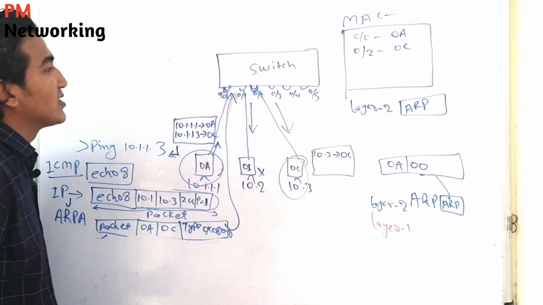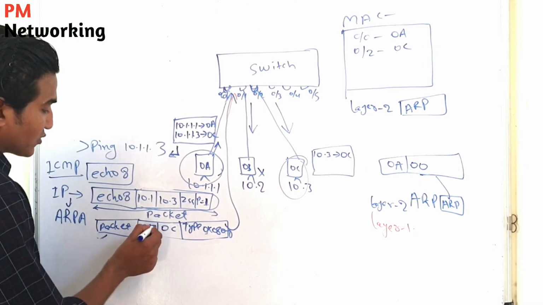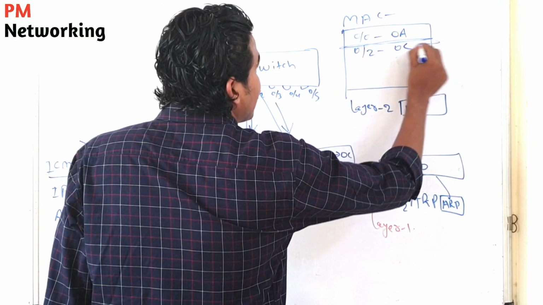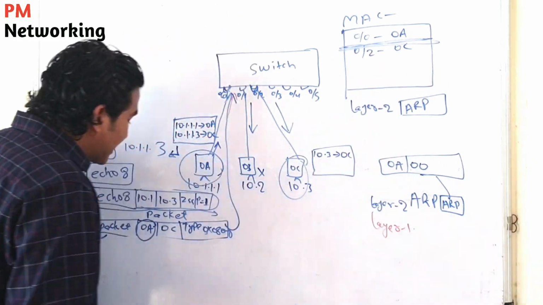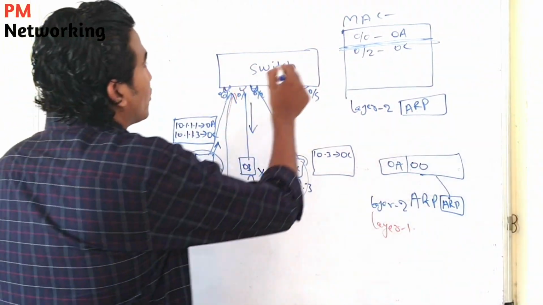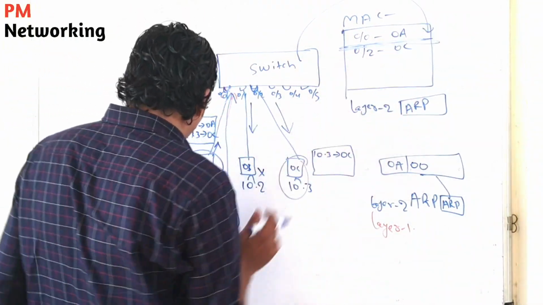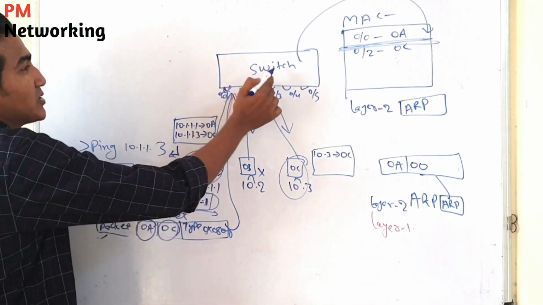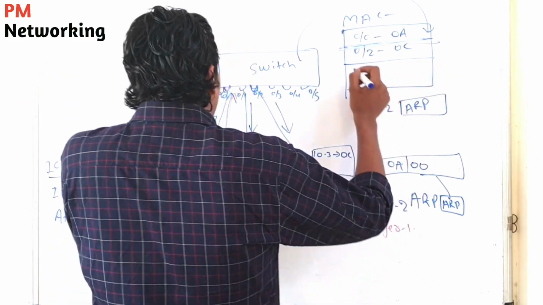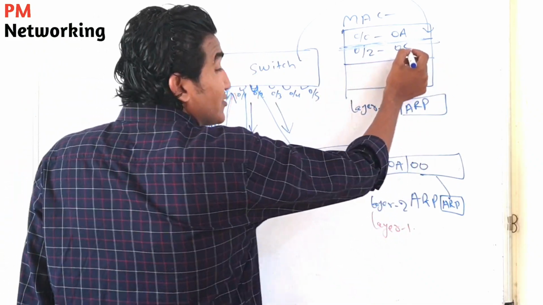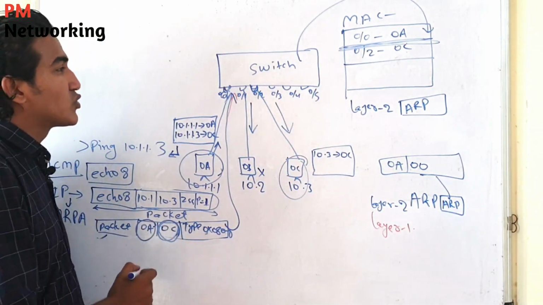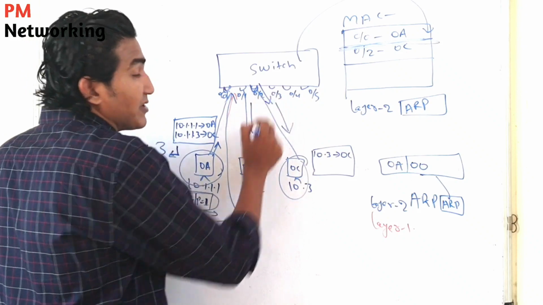This actual message is received by the switch on this interface. Now the switch will check the source MAC address. Source MAC address is 0A. The switch will update this information in its MAC address table, right? After that, the switch will check the destination MAC address. Destination MAC address is 0C. So to forward this frame to 0C, the switch will look in the MAC address table and find one entry that on 0/2 there is one device connected whose MAC address is 0C. So we have to send this traffic out from this interface, right?